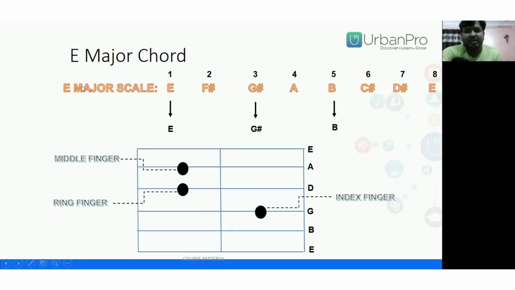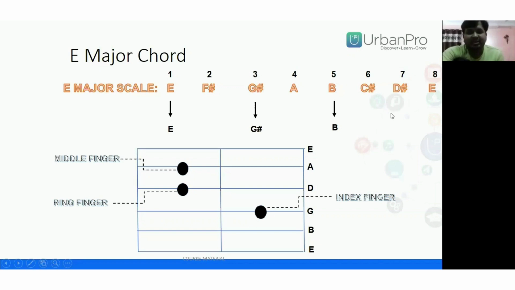For any chord, it is derived from the scale only. Okay, now first you have to write the scale for whatever chord you want to do. I'm doing the E major chord, so I have given the E major scale first. Okay, with the same formula: full step, half step, full step, full step, then half step. Now I have also given the numbers. These are the notes: what is my first note, second, third, like that I have given the numbers.